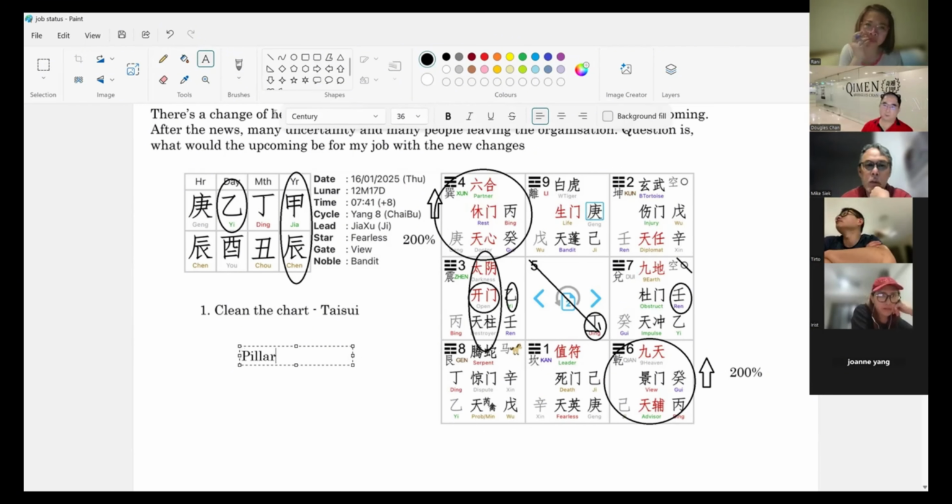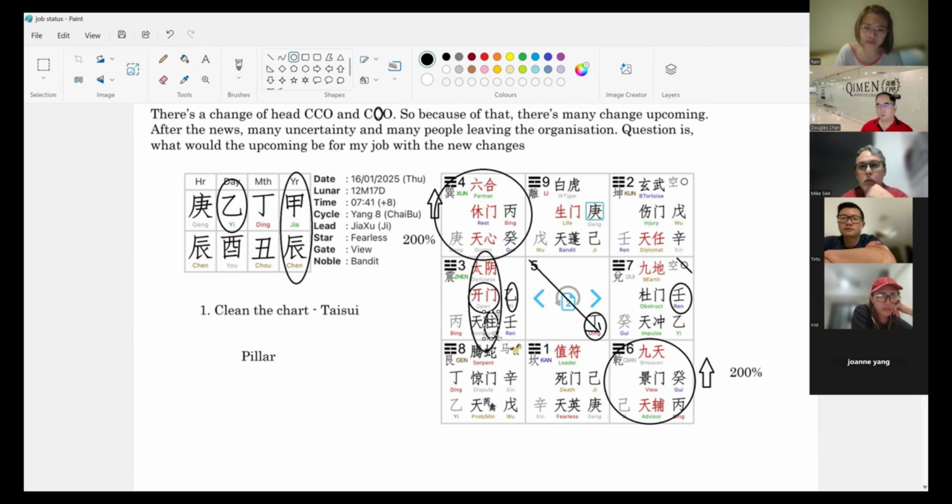So why is it called a pillar? In Chinese, they call it 天柱. 柱 is pillar. So imagine if you are the pillar of something, the pillar of the house, the pillar of the company. Do you think that you are very important? Yes, can be. So understand this concept: he may be a destroyer, but he can also be a pillar for the company. Just now I mentioned he has been in the company for 15 years, and he's not in a junior position. So can I say he can be a pillar of the company, a mover and shaker of the company?